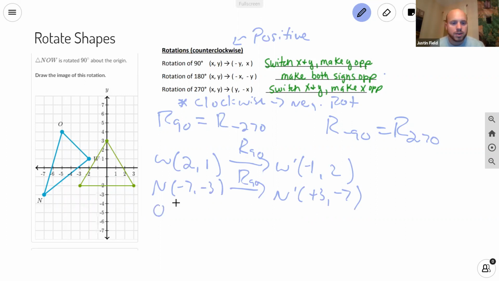Well, let's not stop there. Let's do the last letter, O. O is -5, 4. So we're going to rotate it, capital R, 90 degrees, O prime, switch them, 4, -5, make the Y opposite. Ta-da! Now when we graph these 3 points, and I'm going to do that, -1, 2,